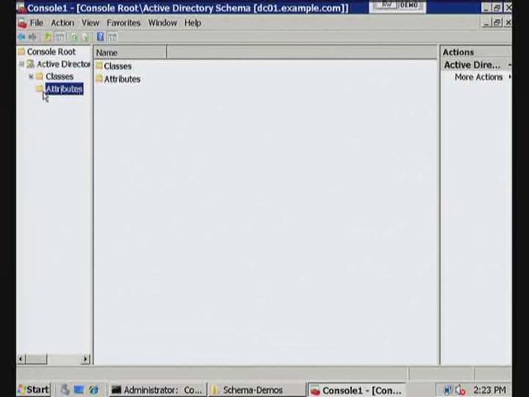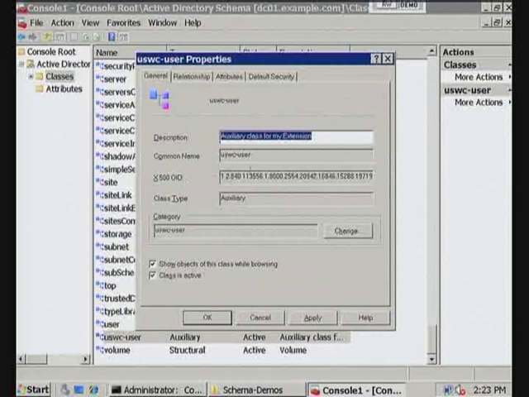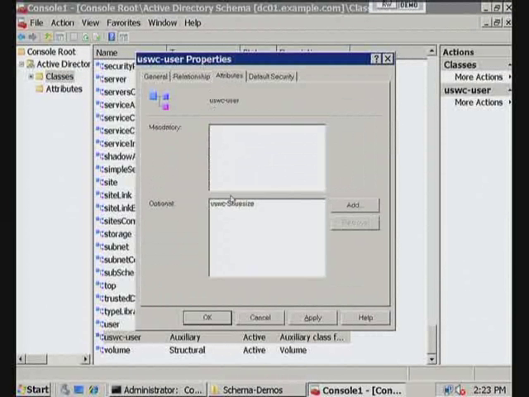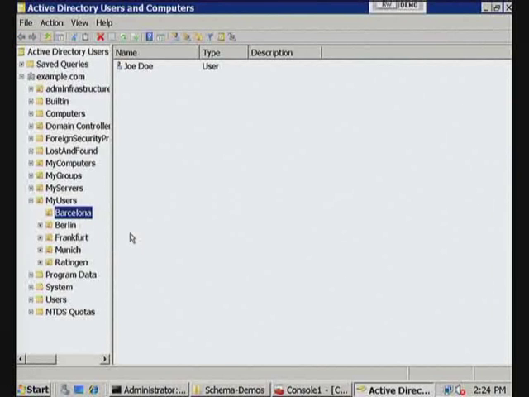We have our auxiliary class here as well, USWC user. And if I look here in the auxiliary class, I see that it contains, optional, the USWC shoe size. And this is not applied anywhere. So if I would go after a user and look to configure his shoe size there, let's open up Active Directory Users and Computers, or DSA.MSC. I'm still using the command line to start those. I'm still hoping on those 10,000 from Mark Minasi. And let's refresh here. And we have a demo user here, Joe Doe,